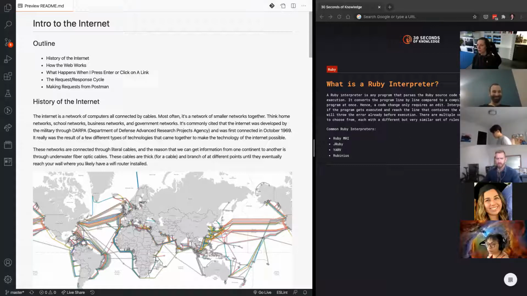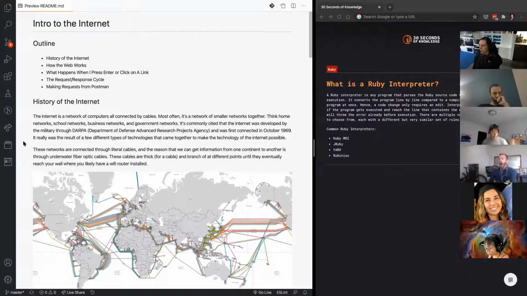So starting with the introduction to the internet, I just want to give you a little bit of an overview of where the internet came from, how the web works, and then some information about this thing that we call the request response cycle. Essentially, how do computers talk to each other over the internet?